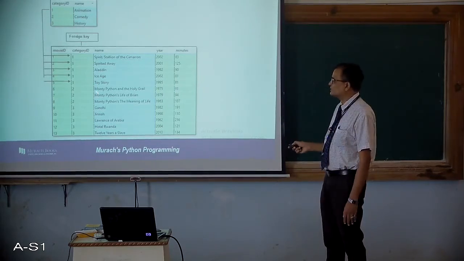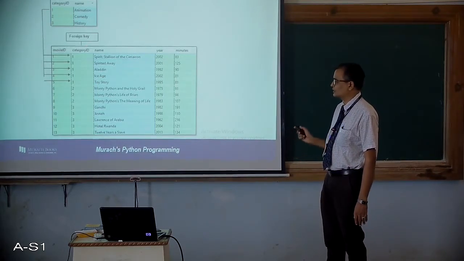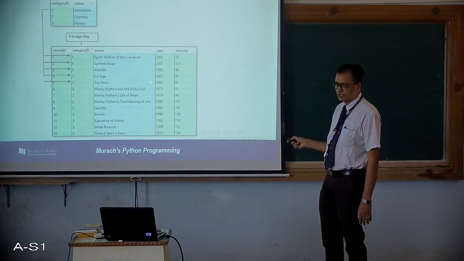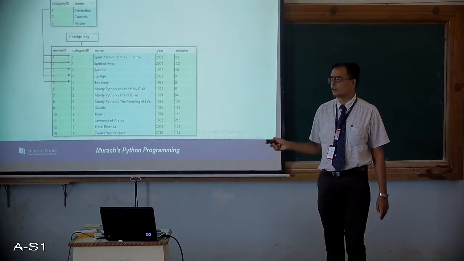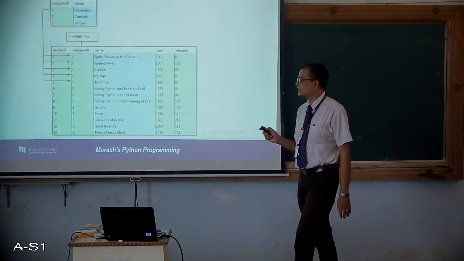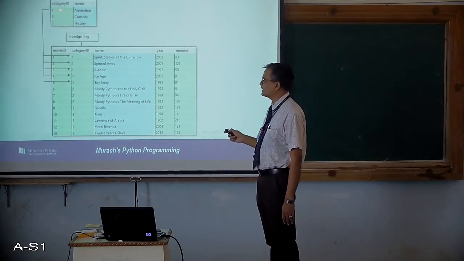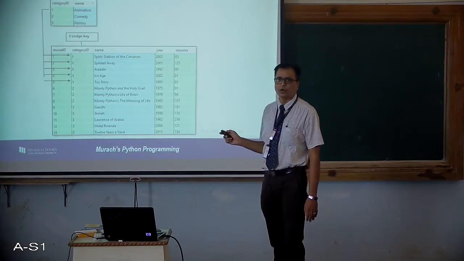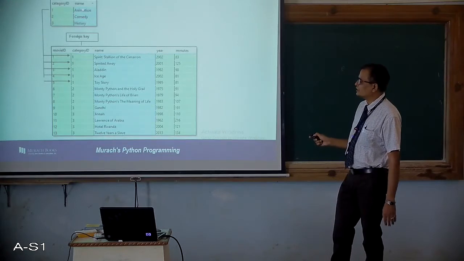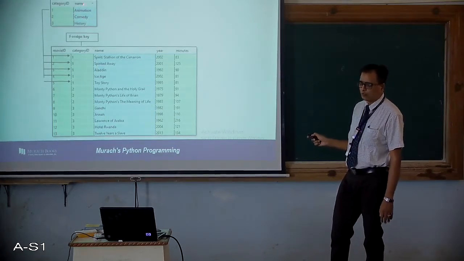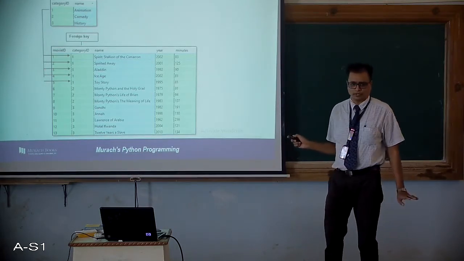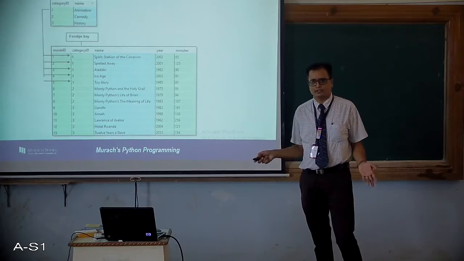Why this is made compulsory is because you should not have a category in this movie table which is not belonging to the category table. You cannot have category 4 which is not listed in this particular table. So there is a relationship between the category present here and the category present here. What does that mean? That means you cannot delete any row in this particular table without deleting all the rows related to that particular category in the movie table. If you do that, then you know what happens.